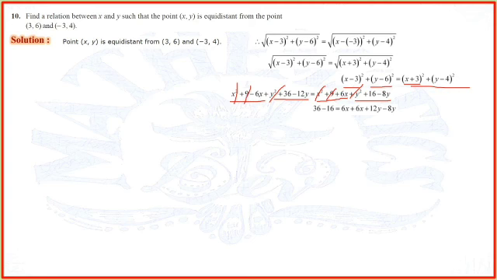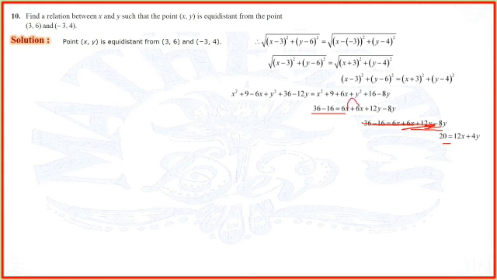Then 36 minus 16: we have taken this plus 16 to the left hand side, so minus 16, and then this minus 6x and this plus 6x is taken to the right hand side, and this minus 12y is taken to the right hand side, plus 12y, and then minus 8y. And 36 minus 16 is as it is, what we have written, same thing. So which is equal to 36 minus 16, 20, and then 6 plus 6, 12x, and 12 minus 8, 4x.